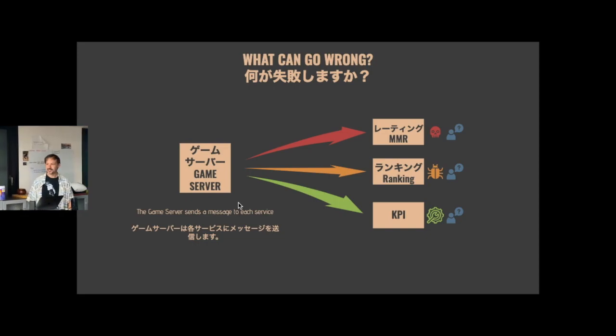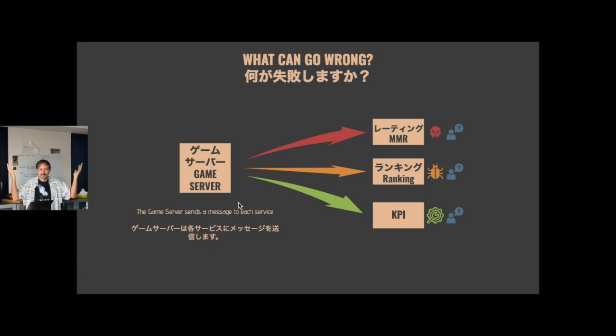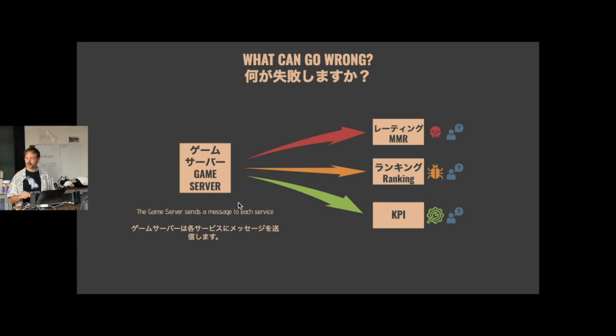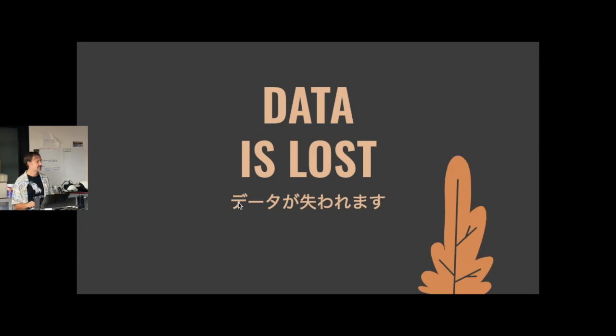What happens when your KPIs are down for maintenance? Oh no, we need a bigger hard drive. We have to take this down for 20 minutes to swap out and get ourselves some more space. All that time, either you bring down the game server and no one can play your game, or data is lost.